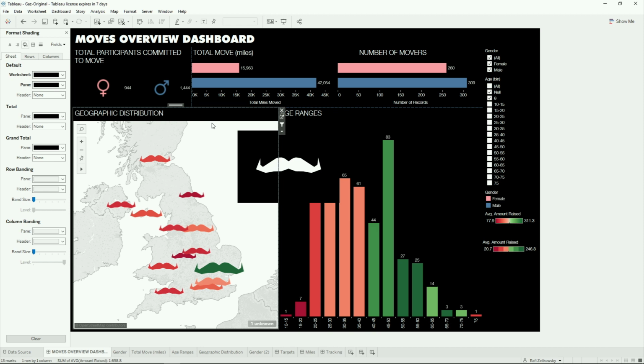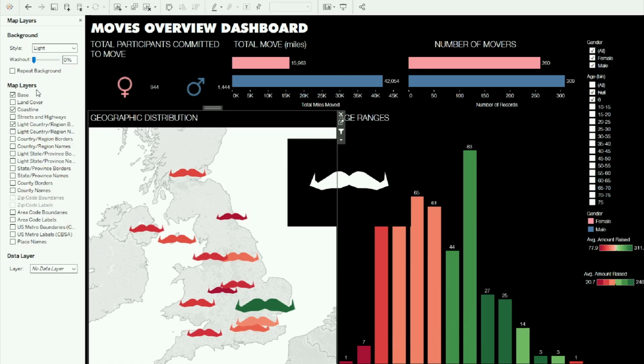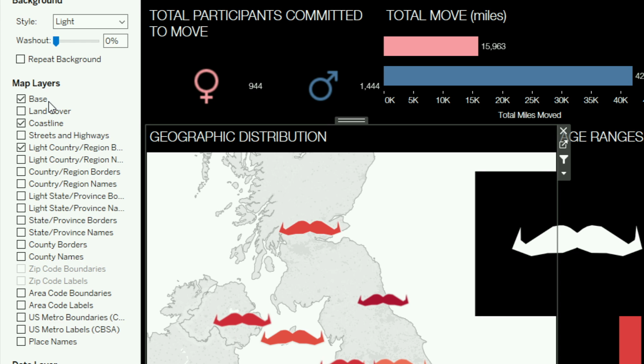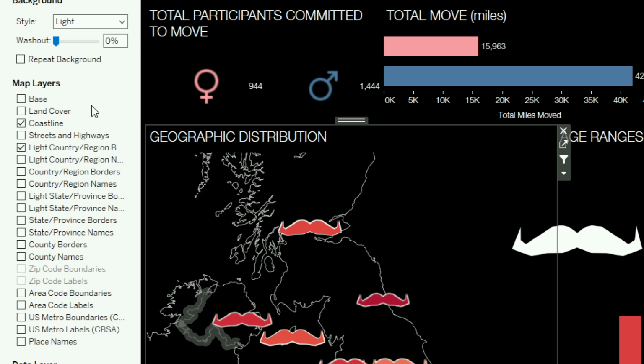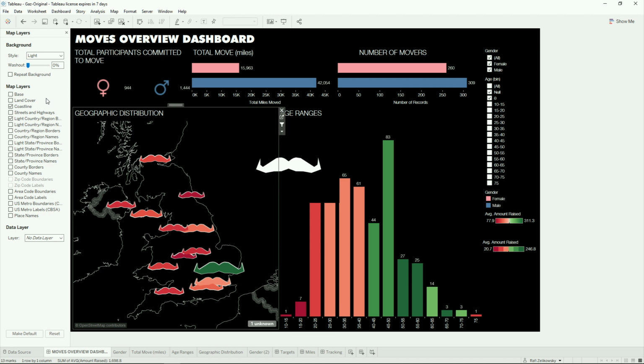So did you know, actually, that when it came to maps, there is a trick for doing transparent worksheets before 2018.3? No was the answer to that. I have a trick for doing this, and it's really simple. If I select my map and go to Map Layers, you'll see this option here for Base Layer. If you've shaded the background of your worksheet, which we have already done through copy-paste formatting, and then simply uncheck that base layer, then our map goes transparent. So there you go. I'm not using 18.3, and I already have a transparent worksheet.